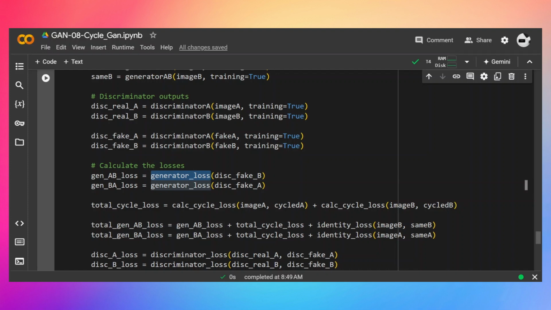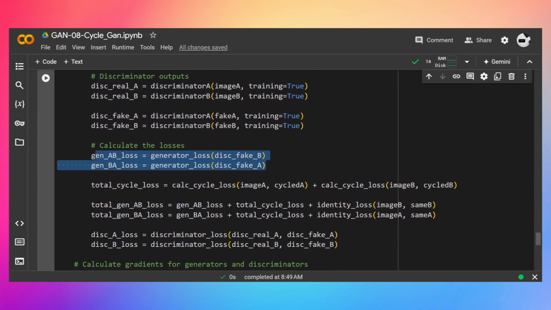For this purpose, I'll first pass the discriminator fake B, which will return me the generator AB loss. This generator loss will help us train generator AB, and similarly this generator loss is going to help us train the generator BA. Once I have these losses for the generator, then I need to calculate the cycle loss. So I'll provide the actual image A and the cycled A in order to calculate the L1 distance between them, and similarly the B and the cycled B,